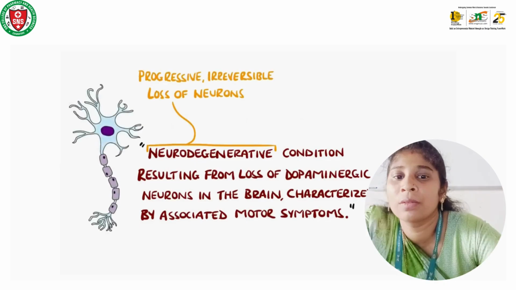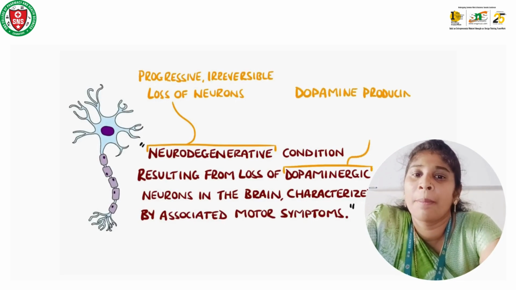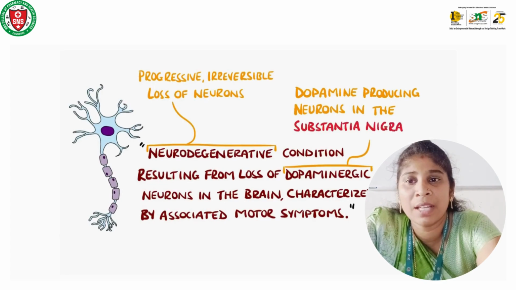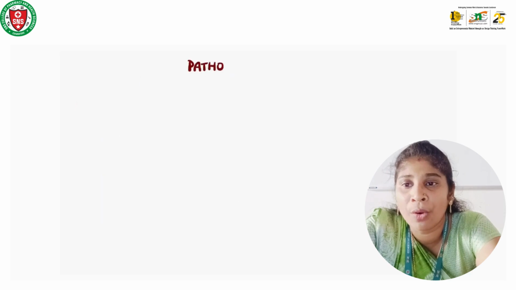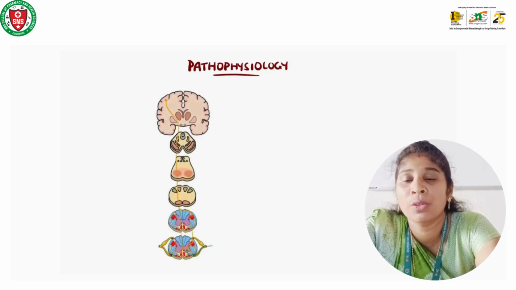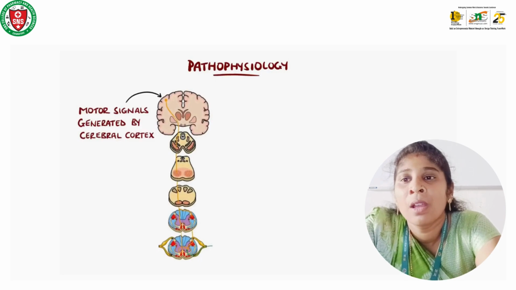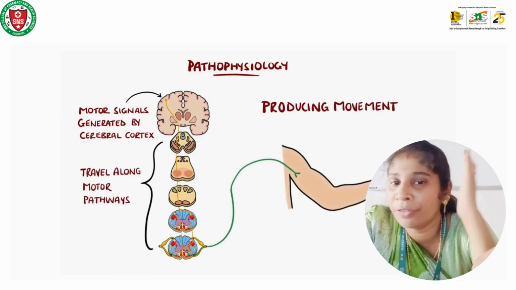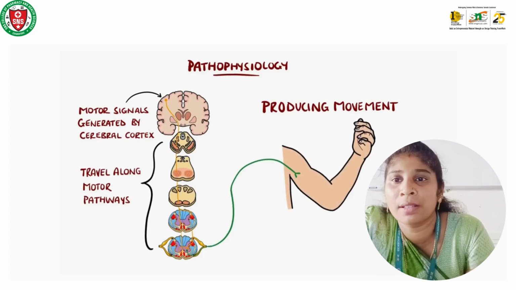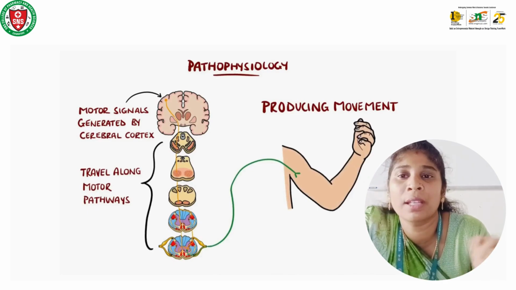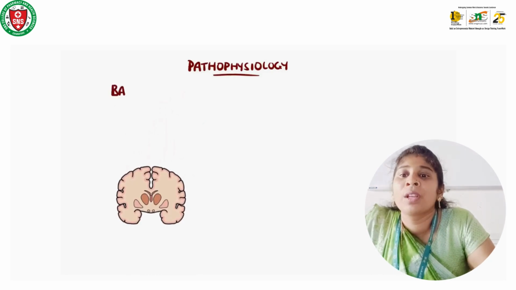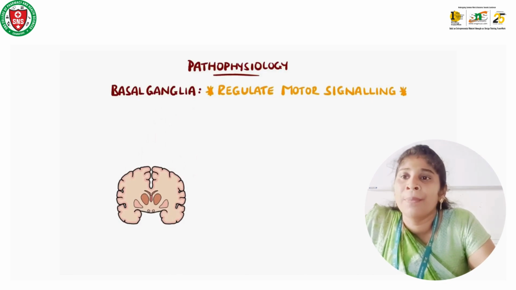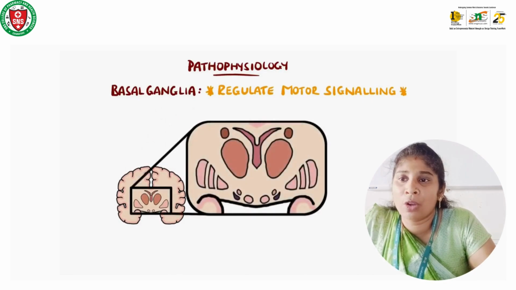What is Parkinson's disease? Parkinson's disease is a neurodegenerative condition resulting from loss of dopaminergic neurons in the brain, characterized by associated motor symptoms. So what is neurodegenerative? It is a progressive, irreversible loss of neurons, and dopaminergic is nothing but dopamine producing neurons in the substantia nigra. So here, coming to the pathophysiology of Parkinson's, motor signals generated by the cerebral cortex travel